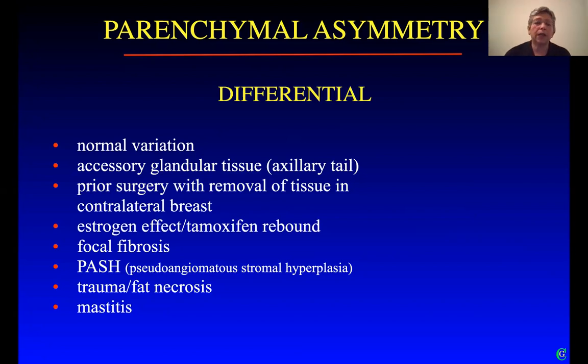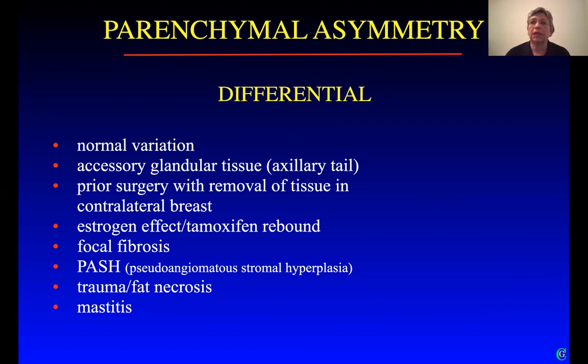If the patient is on estrogens, you may see a change. If the patient has stopped taking tamoxifen, you may see glandular tissue or islands of glandular tissue blossom after the tamoxifen has been stopped. And in terms of pathologies, focal fibrosis, pseudoangiomatous stromal hyperplasia or PASH, trauma,